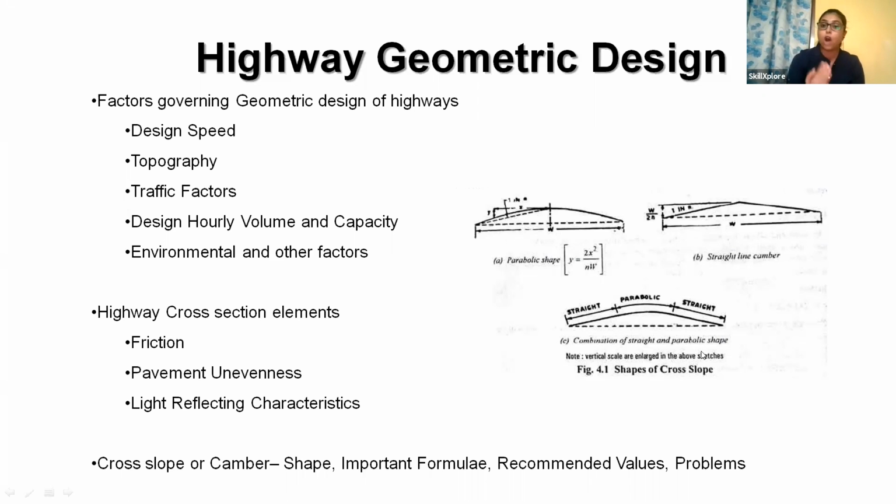And the formula is different for each of these things. Parabolic, you can see here 2x square divided by nw, where 1 in n is the slope and x is the distance, and 1 in x is the slope. And here you can see the formula. So first we'll introduce you to the shape of the pavement cambers, an important formula for different shapes of the cambers, and the recommended values for different types of pavements, and some practice problems will be introduced in our sessions. And next